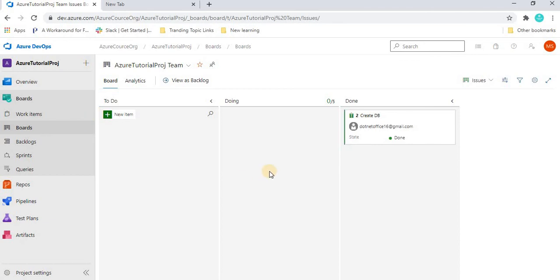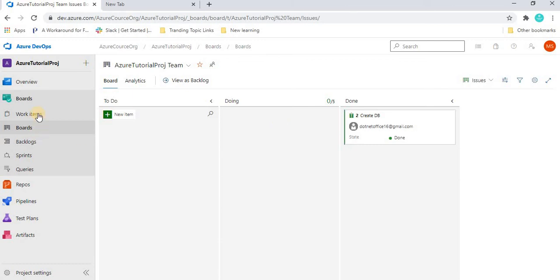So if anyone asks what a work item and a workflow are, we can say a work item is a kind of work done for making a product, like an issue, epic, or task. Those are called work items. And the workflow is moving the status, moving the ticket from To Do to Doing, and Doing to Done. It is flowing, and based on the progress of the ticket we can move it from one column to another. And we can even add more columns as per our requirement if needed.